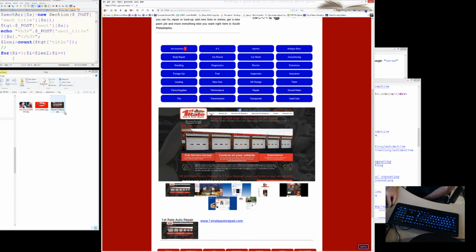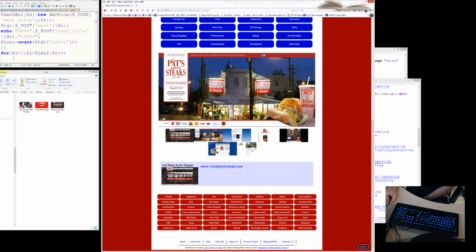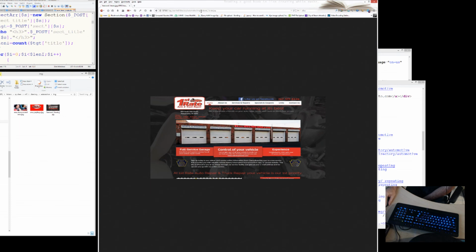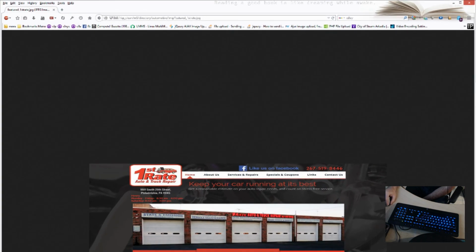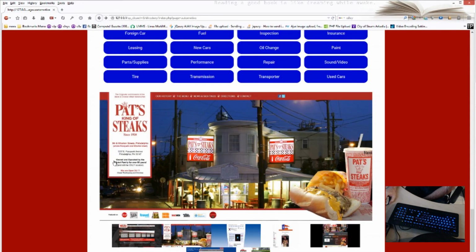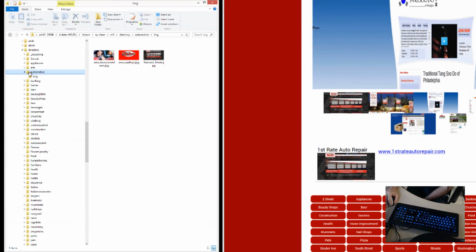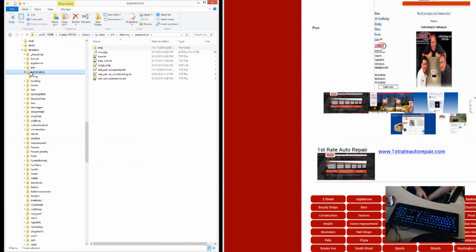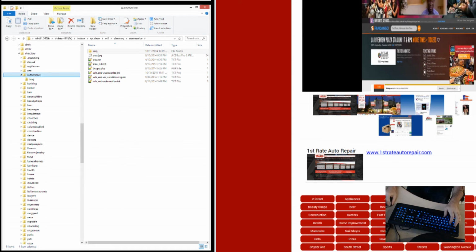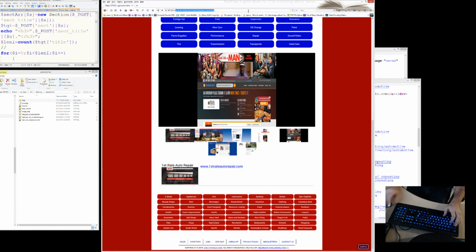So if I go back to automotive, you'll notice that there's the first rate auto and truck repair. That's what it is, I guess, first rate. And first rate auto repairs, that's a featured item. But what's the name of this image? Let's right click and take a look. View image. Its name is featured underscore first rate. There it is. Now there's a lot of programming that goes into that to make it work, but this is a very easy way to not use a MySQL binary database, which is hard to use unless you use something similar to this. For instance, if you go into